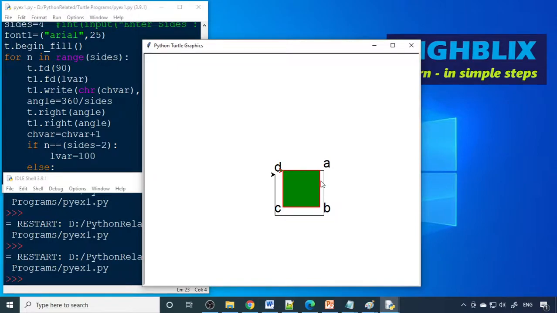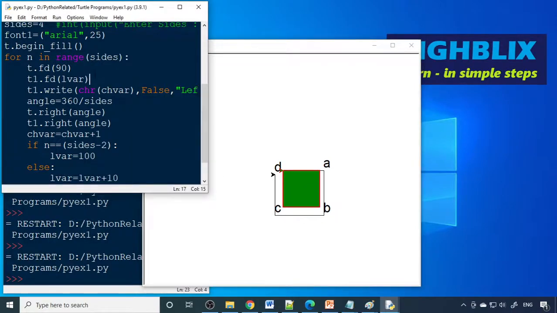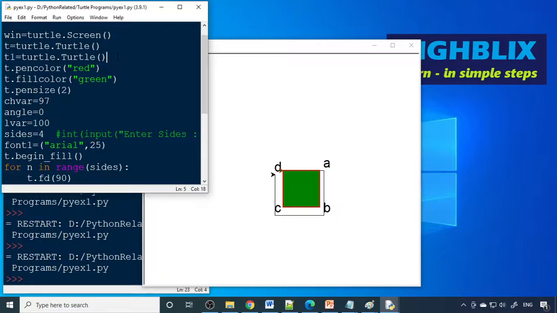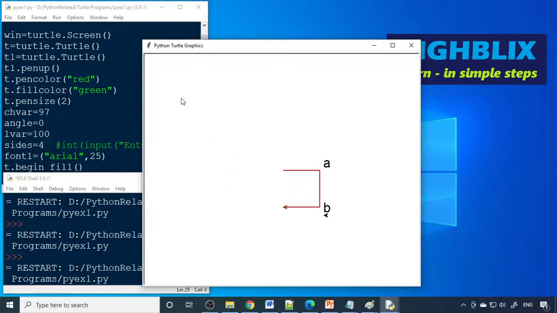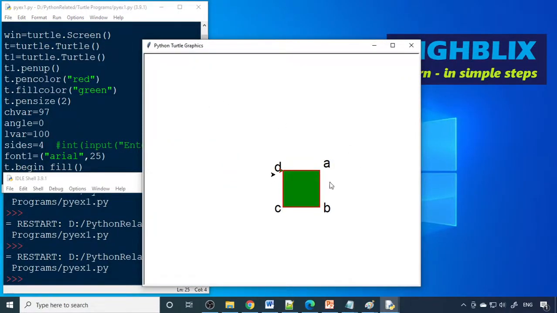Right, now we don't want this line. So we can go there and T1.penup. So pen up, so we'll not write anything. Now we don't have the additional line here.